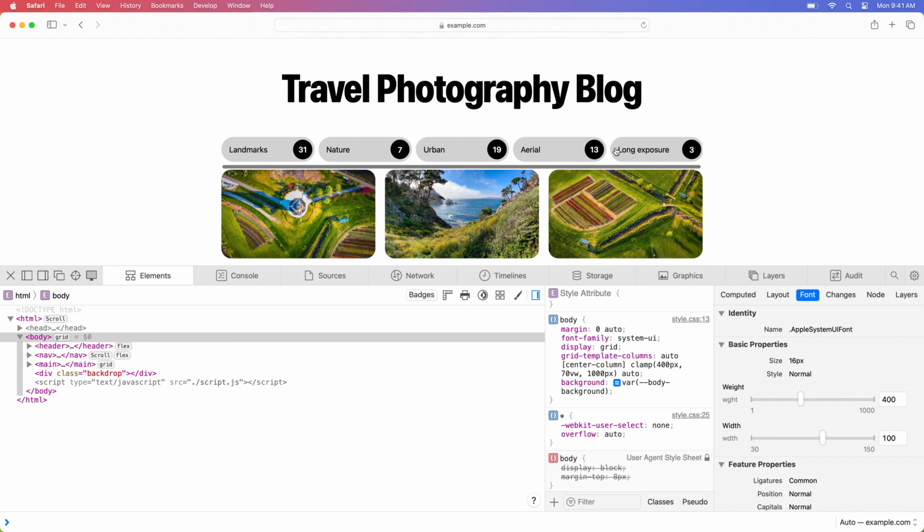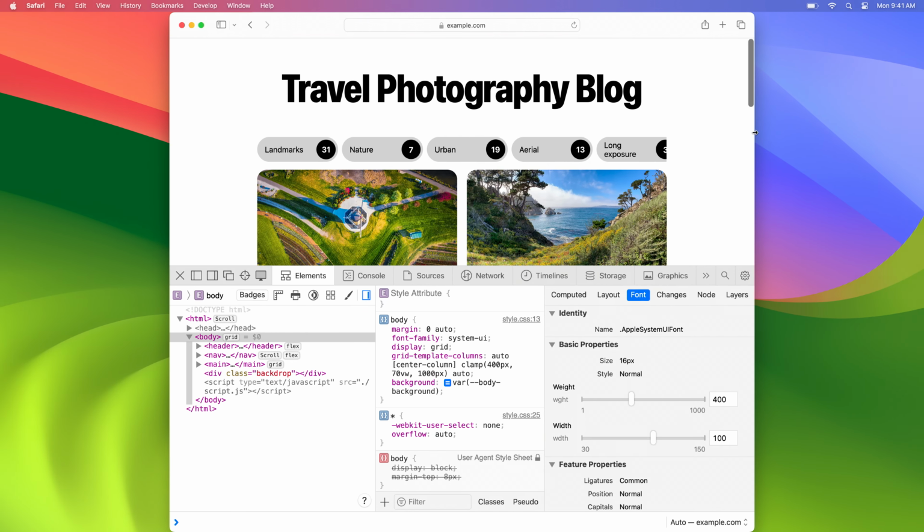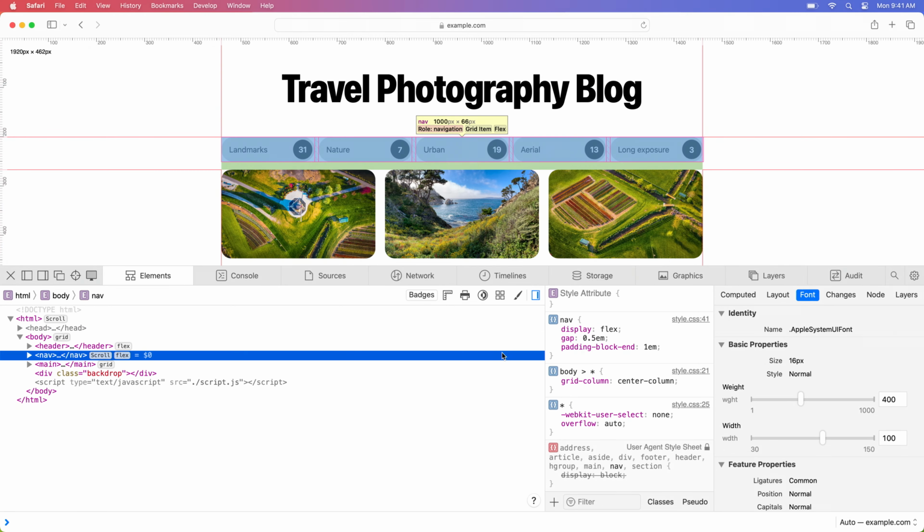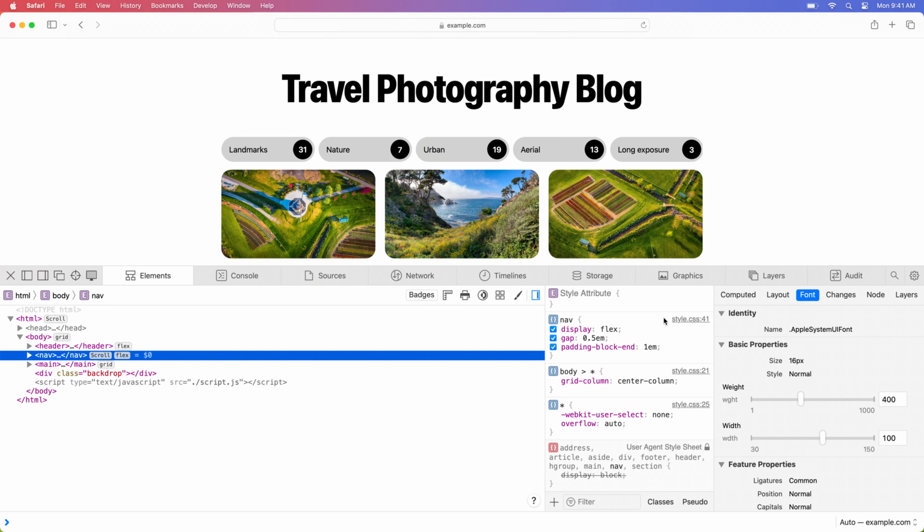But when I try to swipe, I notice there's a short horizontal scroll in this container. This is something I don't want. And the last label is slightly cut off. It gets even worse when I resize the window. In the node tree in the Elements tab, I notice there's a scroll badge next to the container for the labels. I'll click this element to reveal its matching CSS rules in the Styles panel. This Flexbox container looks right. How about its flex items, the labels themselves?